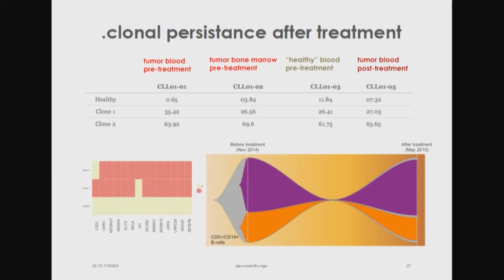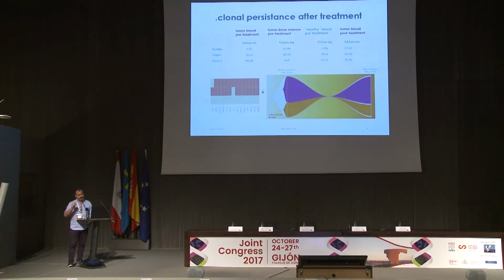So this patient went from having a lot of cells, and we talked with hematologists and they told us the count dropped down after treatment, so that was a very good sign. But with the after-treatment sample, we were able to detect the same clones that were detected before. So we told the hematologist, be careful, because yes, the B cell count went down, which is a good thing for the patient, but the 2 clones are still there. And in fact, 2 months later, this happened.